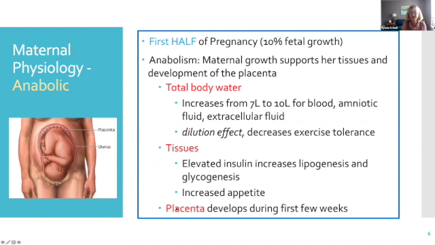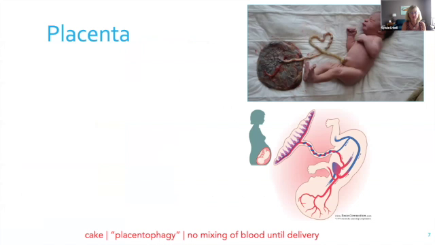Okay, the last thing, and this is critical, you guys don't lose track of this. Her total body water goes up, her tissues expand, and she develops a placenta that's going to be completely integral to supporting this pregnancy. Here's my placenta slide. Here's one so you can see what it looks like. This baby was just born, and instead of cutting the umbilical cord, they had the whole baby be born. Here you can see what the umbilical cord looks like, and then you can see what the placenta looks like.